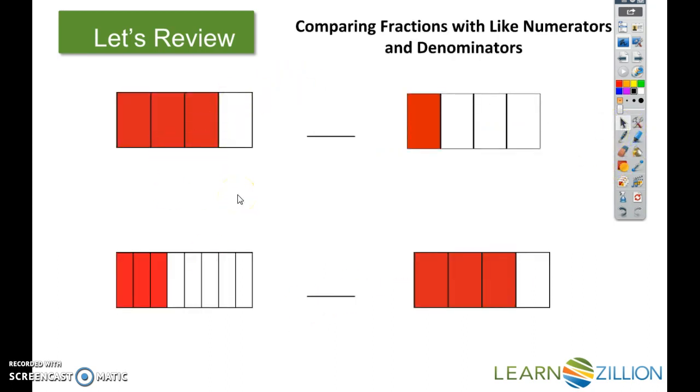Alright, so we're going to do a quick review in 3rd grade. Hopefully you learned about comparing fractions with like numerators and denominators, which is easier than what you're going to be learning today. So, for example, with these top 2 fractions that we're going to compare, we've got 3/4 and we have 1/4. And as you can see, the denominators are like, and it's easy to see that 3/4 is greater than